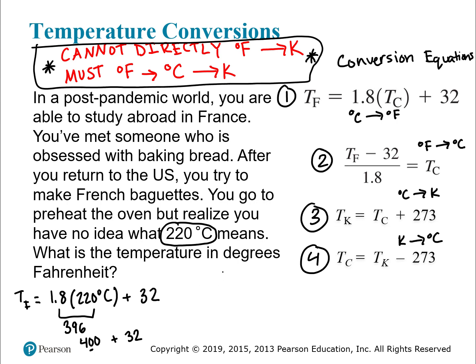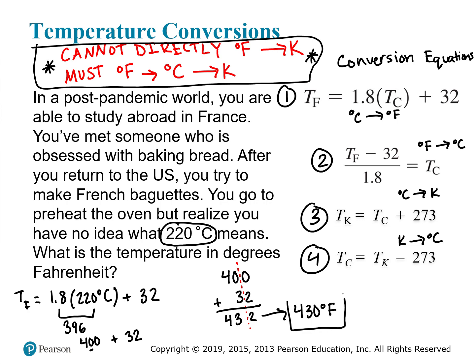And remember, when we're adding, we line things up, and then we figure out, all right, how many sig figs can I have? With this one, I need 2 sig figs because the 400 has 2. I need to carry 2 over. So 432 becomes 430